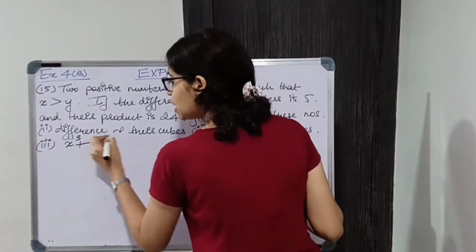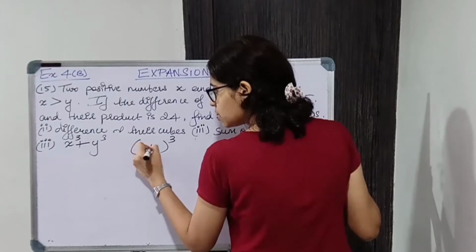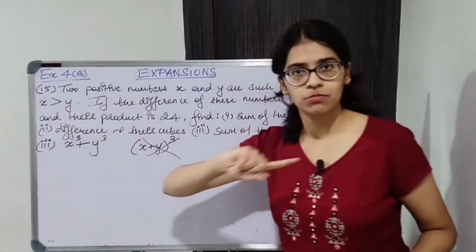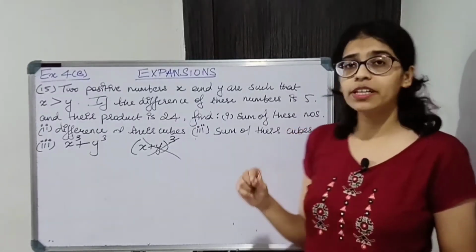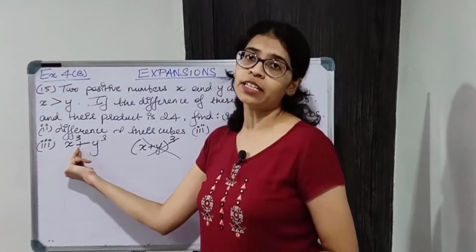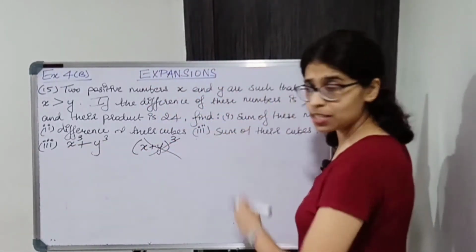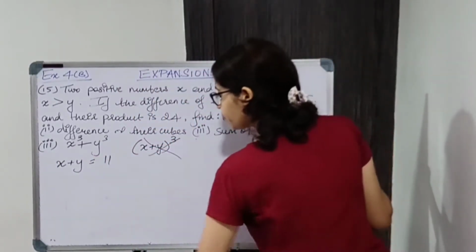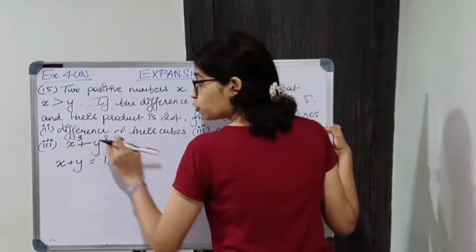Okay, please don't make the mistake, cube of sum is not asked, cube of sum is cube of sum. Okay, you're not asked this, this is wrong, you're asked this. So please don't make this mistake, read the question very very carefully. There is plural over here, so there are two cubes, you take x cube, y cube, and then you have to find the sum of this. Okay, now for this we'll consider x plus y, so x plus y is equal to 11. This is what we got. Now we'll cube it on both the sides because we have to find cube.